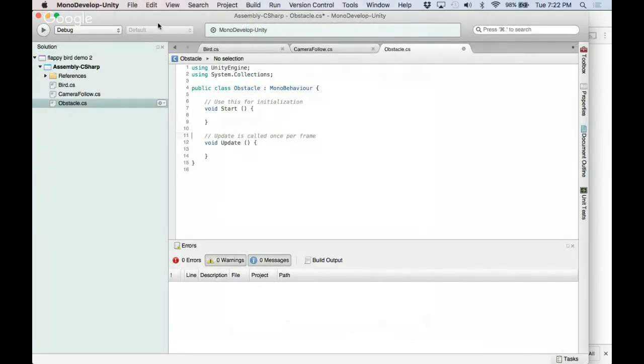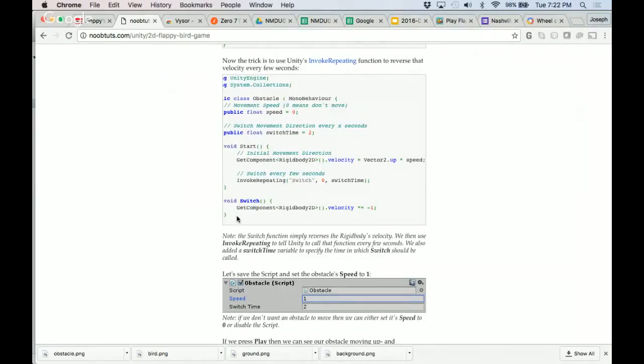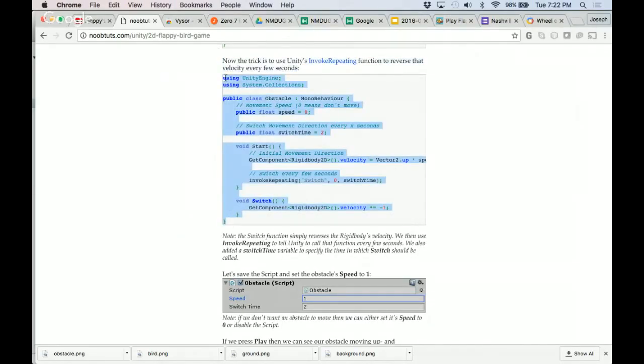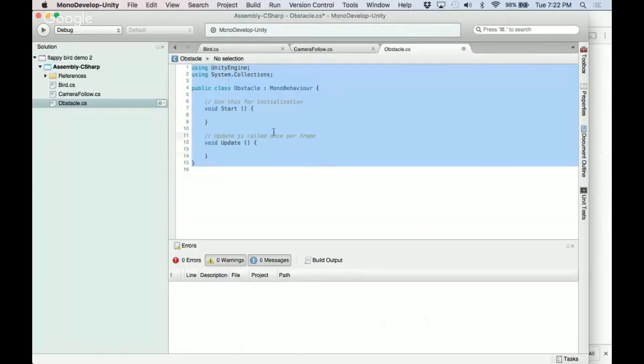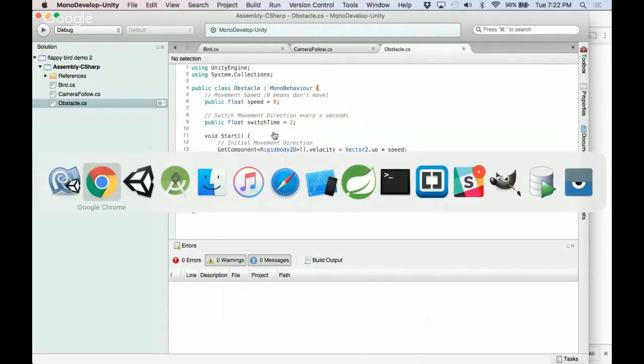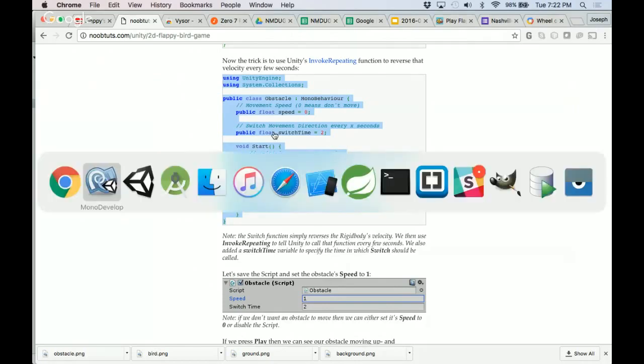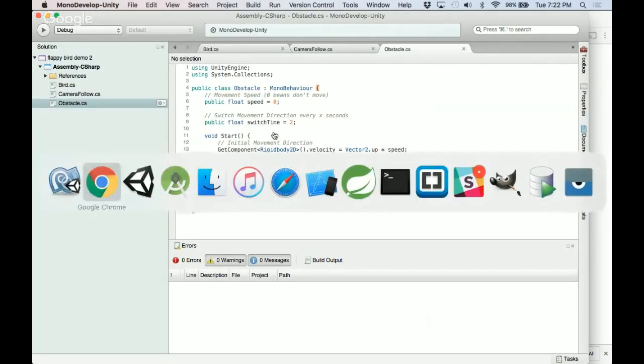Oops. Yes, I'm cheating. Now, let's save the script and go back into the IDE,